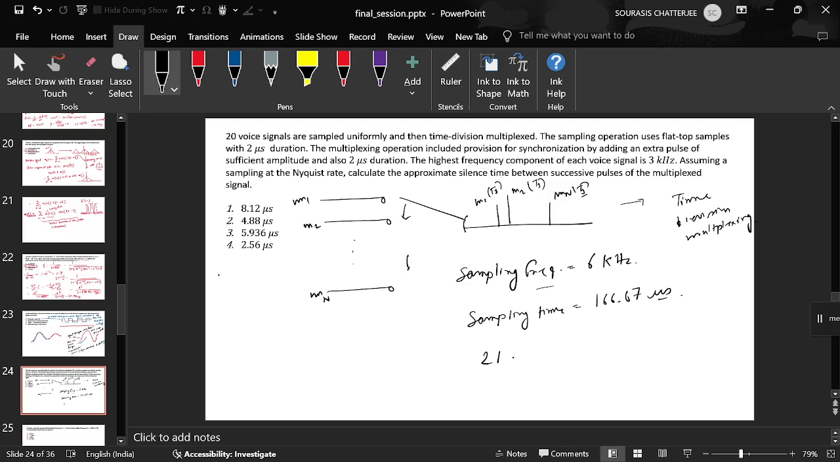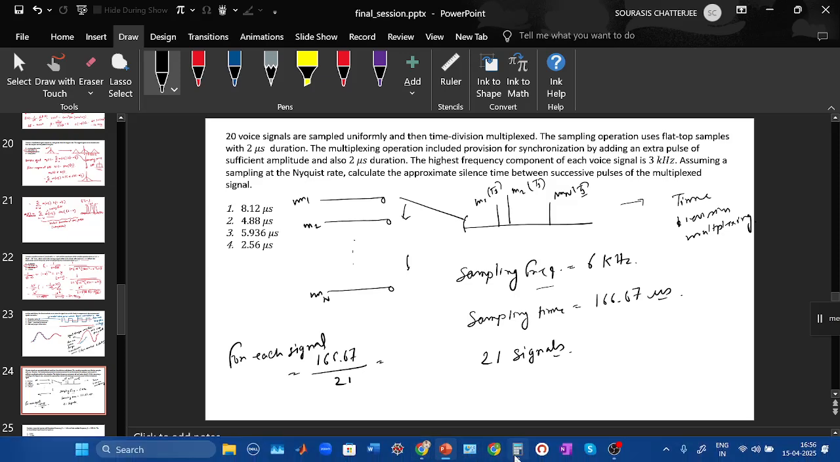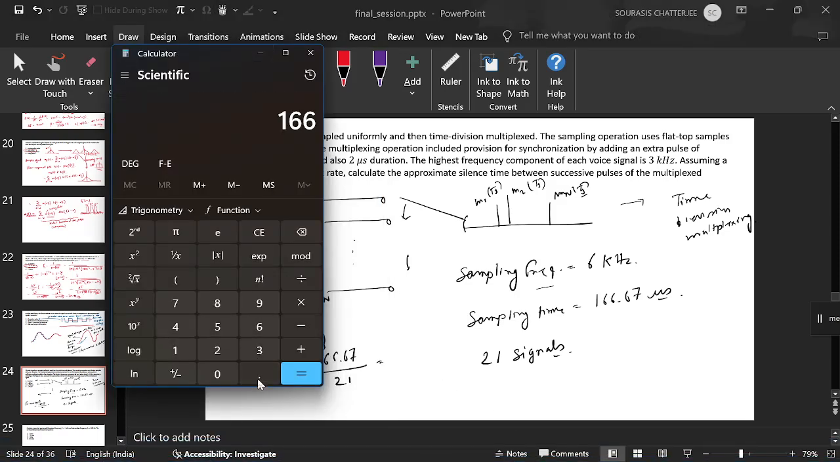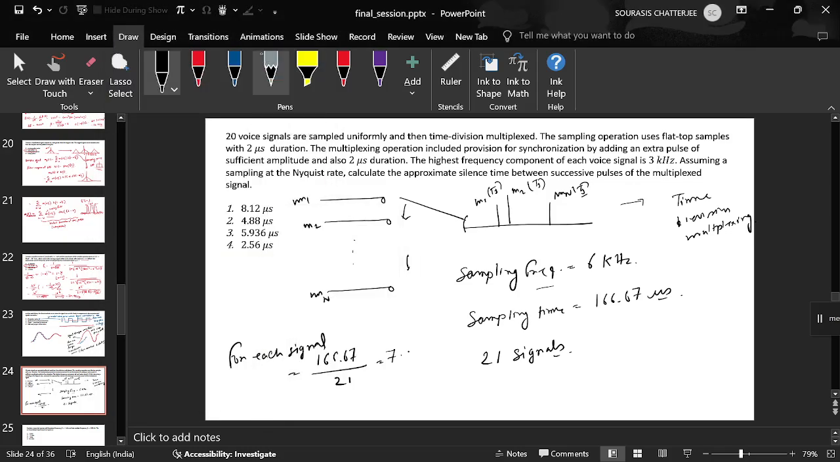So you have a total of 21 signals. For each signal, the time you have is 166.67 divided by 21. Just calculate 166.67 divided by 21, that is 7.936 microsecond. Now the sampling is not using Dirac delta function, these are flat top samples,